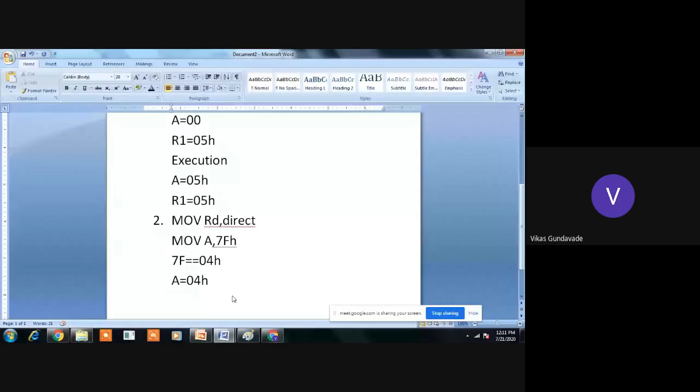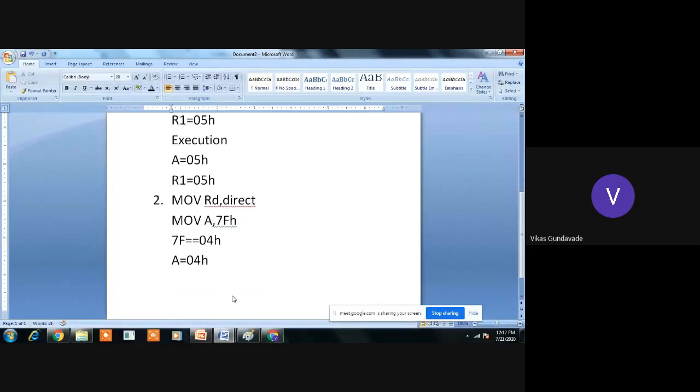Okay. Now the next, the third format, is move RD, hash value, or we can write it as hash data.